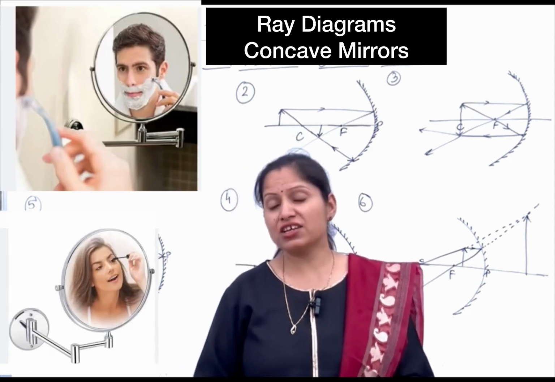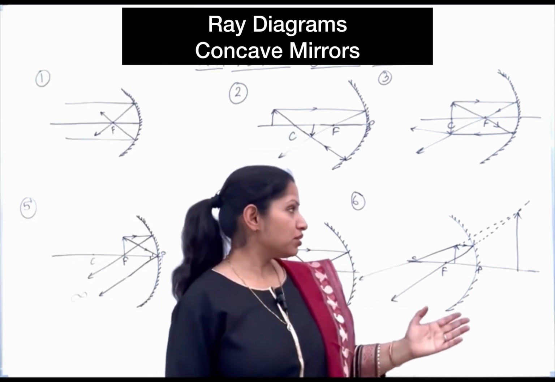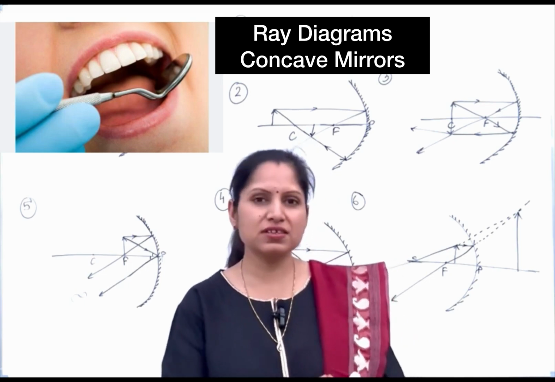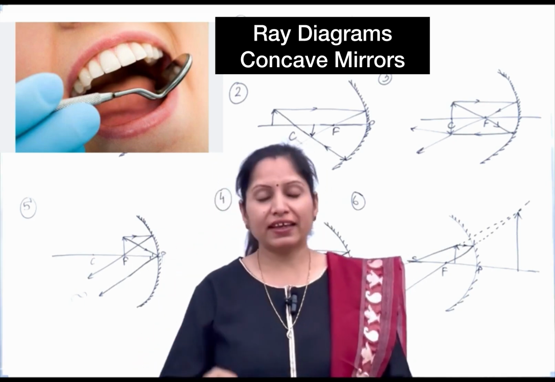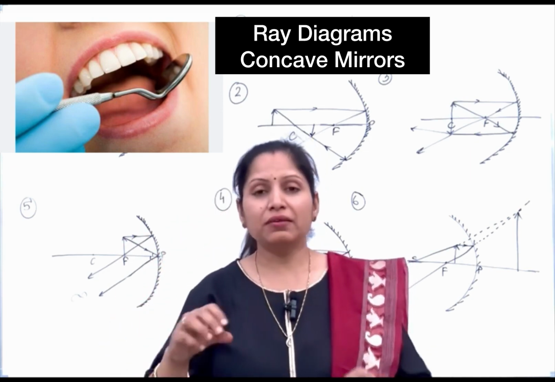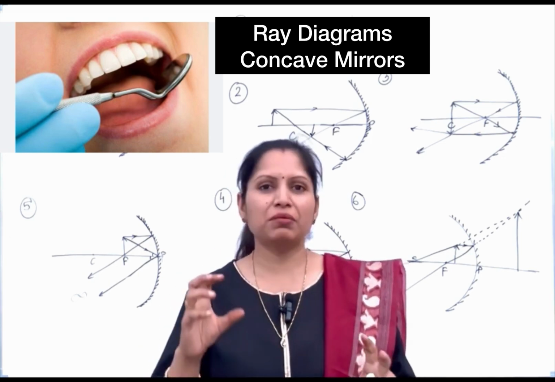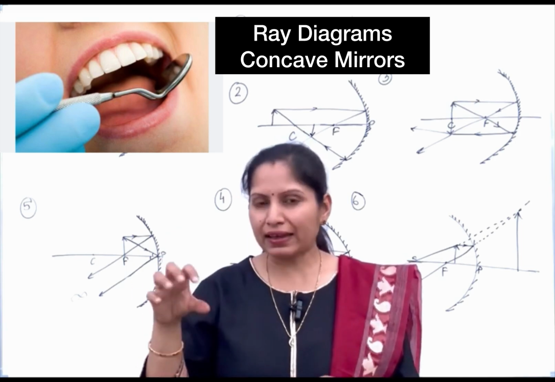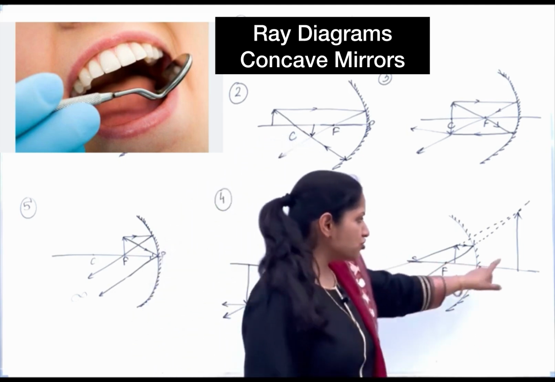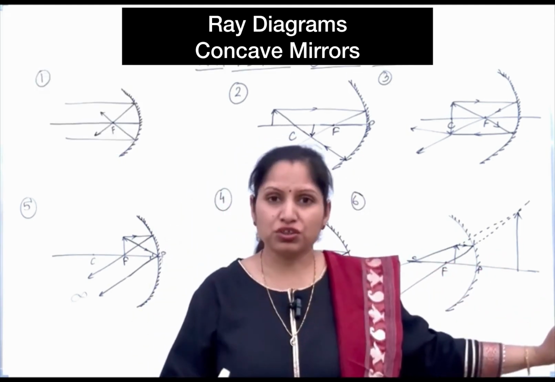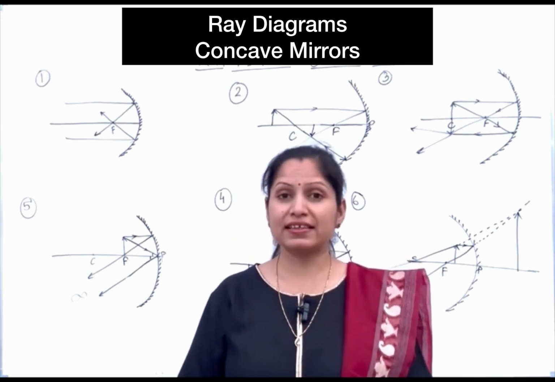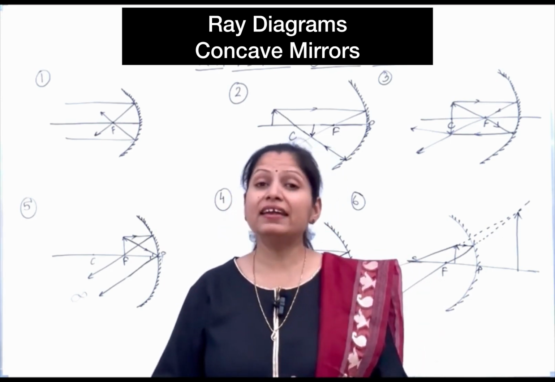तो इस मिरर को यूज किया जाता है as a shaving mirror. This mirror could also be used by the dentist. डेंटिस्ट भी इस मिरर को यूज करते हैं। When you go to visit a dentist and they visualize your teeth, then you must have seen in the ad of Colgate as well that they put a mirror in your mouth and आपको एक बड़ा सा इमेज दिख जाता है, आपके टीथ में कोई भी कैविटीज हैं, some blackening is there in the teeth, so everything could be visualized very easily। बड़ी इमेज बन जाती है, and a large image of your teeth is formed, and the doctor will be able to see that everything clearly. तो this is also used by the dentist, और इसलिए कॉन्केव मिरर को शेविंग मिरर भी कहते हैं and डेंटिस्ट मिरर भी कहते हैं।